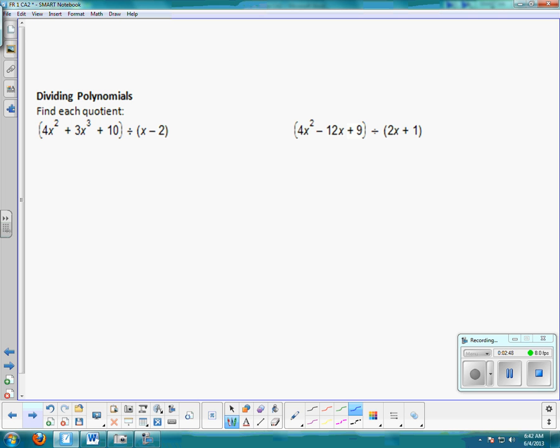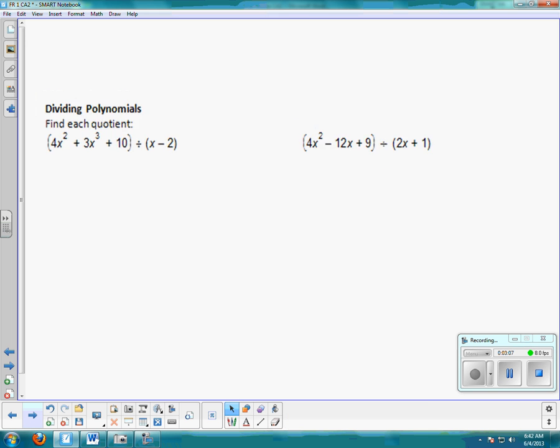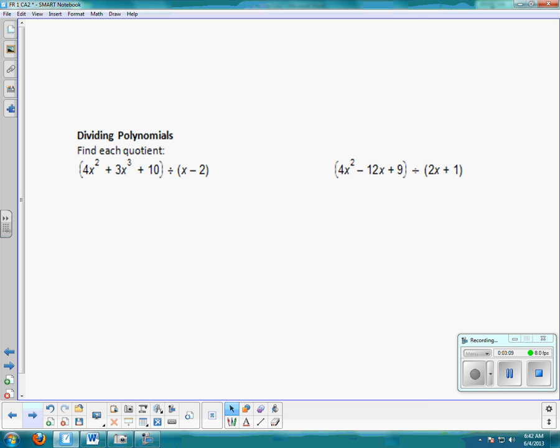All right, then we talked about how to find the quotient, which means how to divide. And we had two ways. We had long division and we had synthetic division. I'm not going to require you to use long division or synthetic division. It's up to you. I'm going to do the examples with synthetic division. Now, synthetic division was definitely easier, but we have to make sure that we remember that when we use synthetic division, we have our terms in order from highest power to lowest power, and that we also have a number